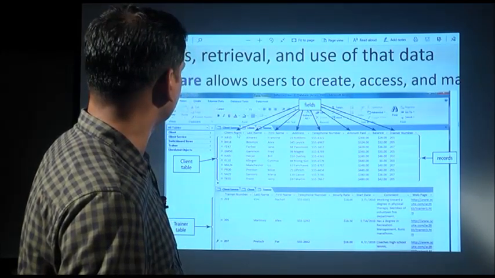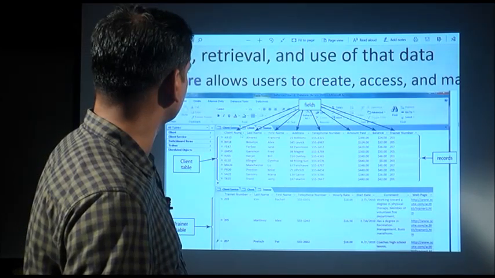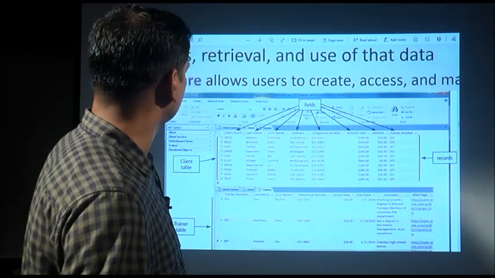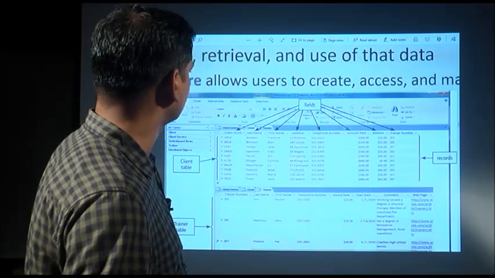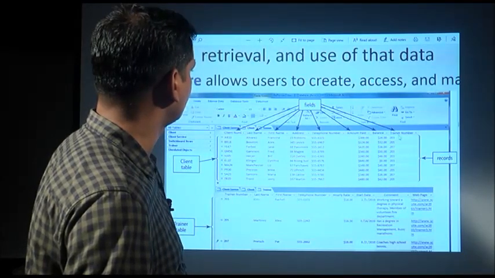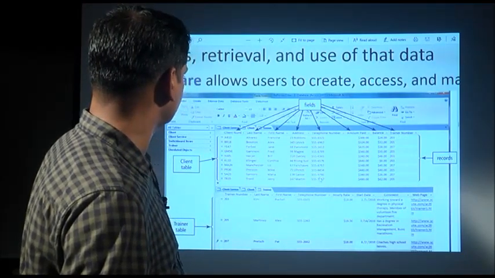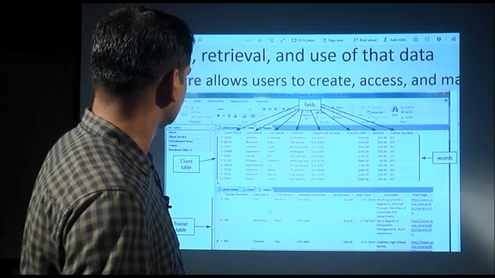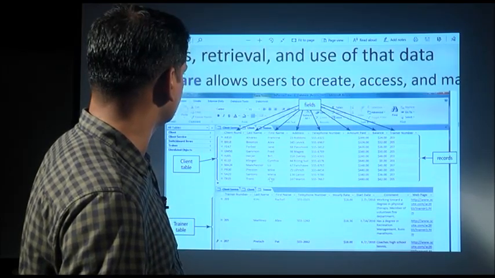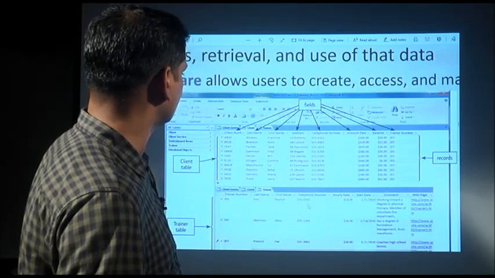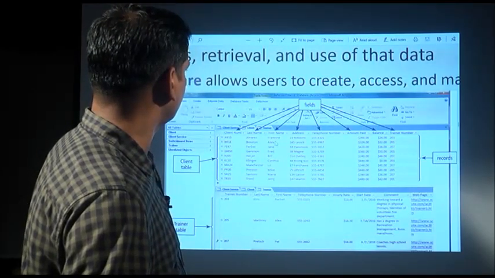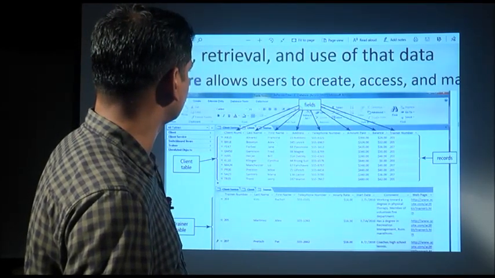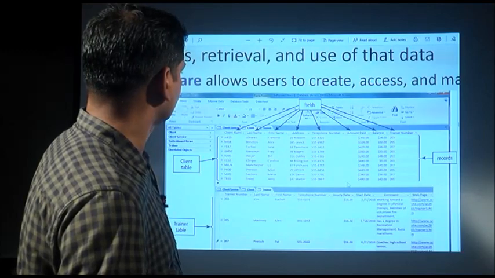In client you can find each of the data has a column heading: client number, last name, first name, address, telephone number, amount paid, balance and trainer number. Another table that is open is trainer. This one is client, this one is trainer; 2 tables are open in a particular database on Microsoft Access.